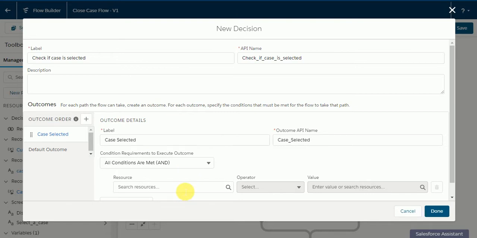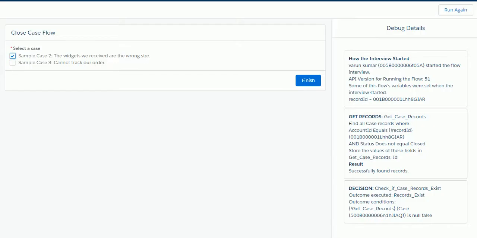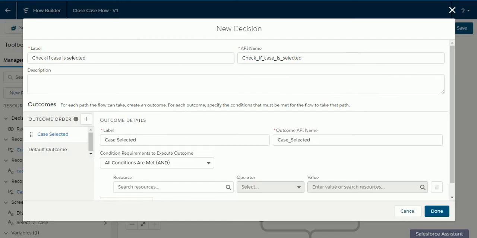You can see in the flow builder, if I click on finish, I think there is some problem here. We'll do one thing. So I created one decision box called check if case is selected or not.